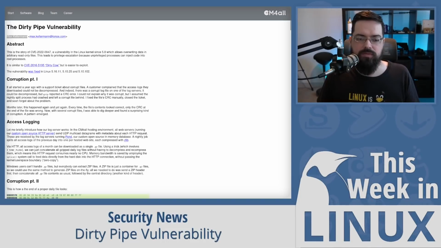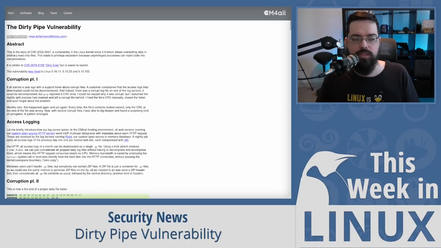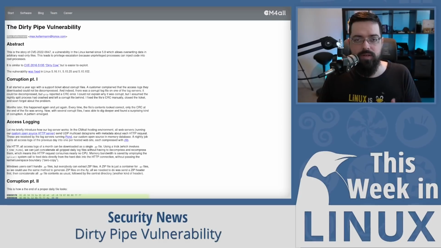So it was basically just a matter of figuring out what it was. But now that he had multiple files, he was able to dig deeper and find out. Through trial and error and hours of staring at a hole in the code, Max was able to decipher what happened and reveal the vulnerability. As mentioned, the vulnerability has been patched in the Linux kernel, but depending on which version of the kernel your device or computer is using, it may or may not be affected. So you might want to check what version you have, and if you have an affected one, be sure to update as soon as your distribution releases this patch.